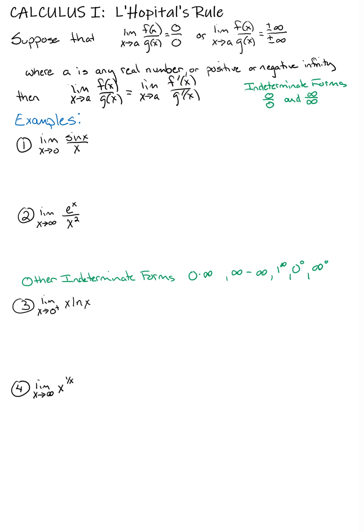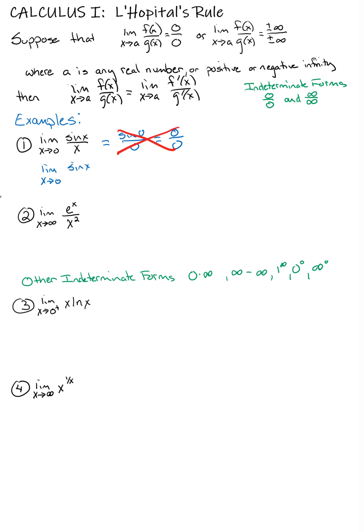If we were to take the limit as x approaches 0 of sine of x over x, simply evaluating this limit using substitution, we get the sine of 0 over 0, which of course is 0 over 0. Now, 0 over 0 is one of those indeterminate forms, but it's one that works well with L'Hopital. So we can't do that, but we can instead